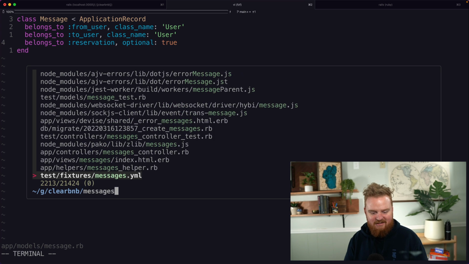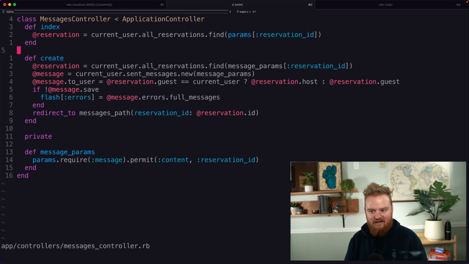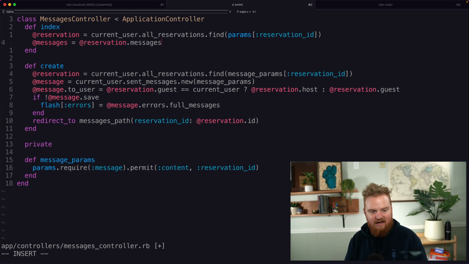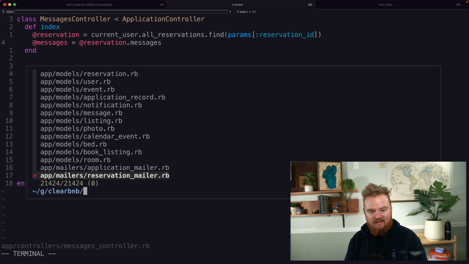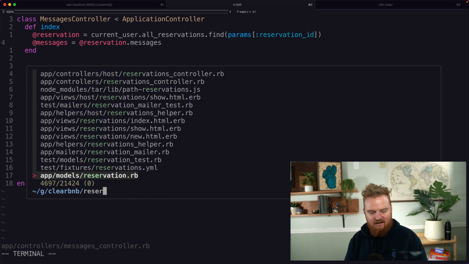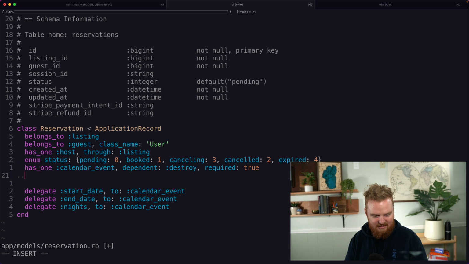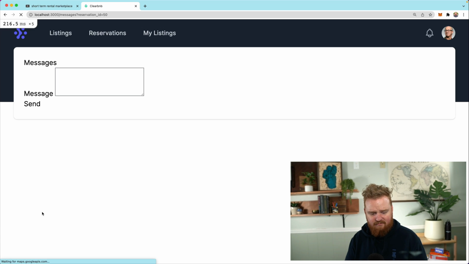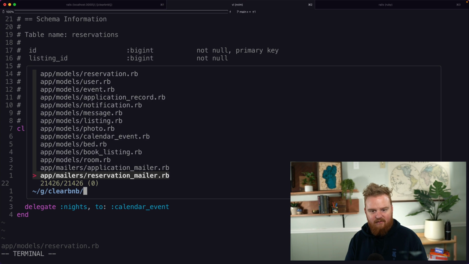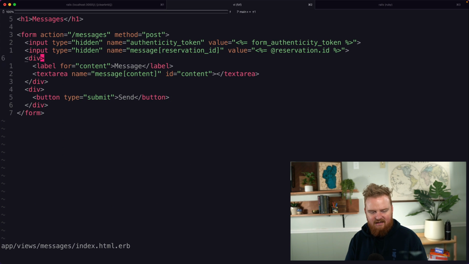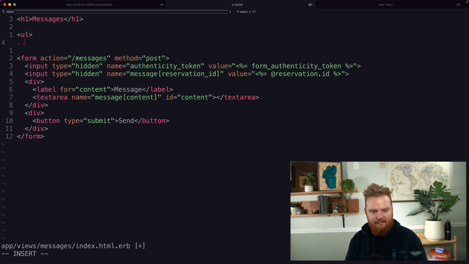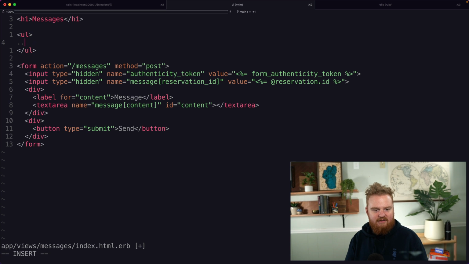Okay, so in the messages controller, inside of the index, we also want some list of messages. So @messages is reservation.messages. Does that association exist? No. So Reservation has_many messages. And now that we have that, we can go back to our messages index and add that list to the top here. All right, so we're going to just iterate over